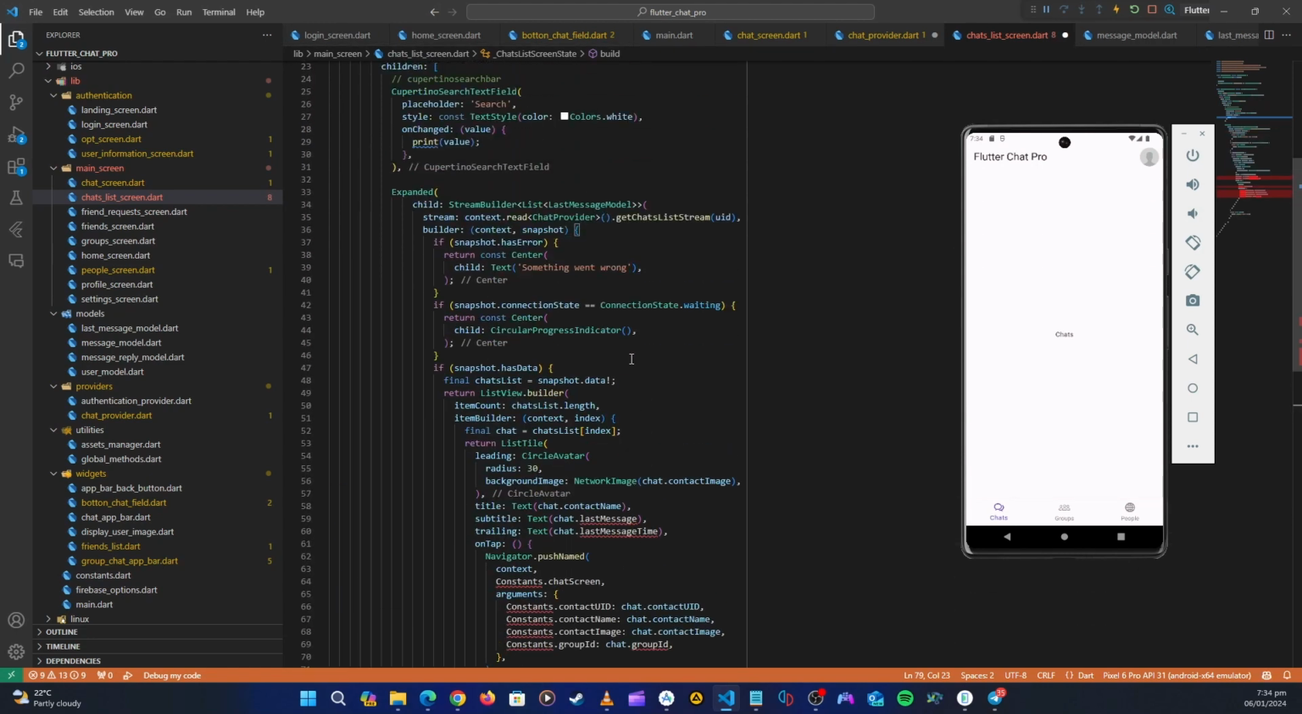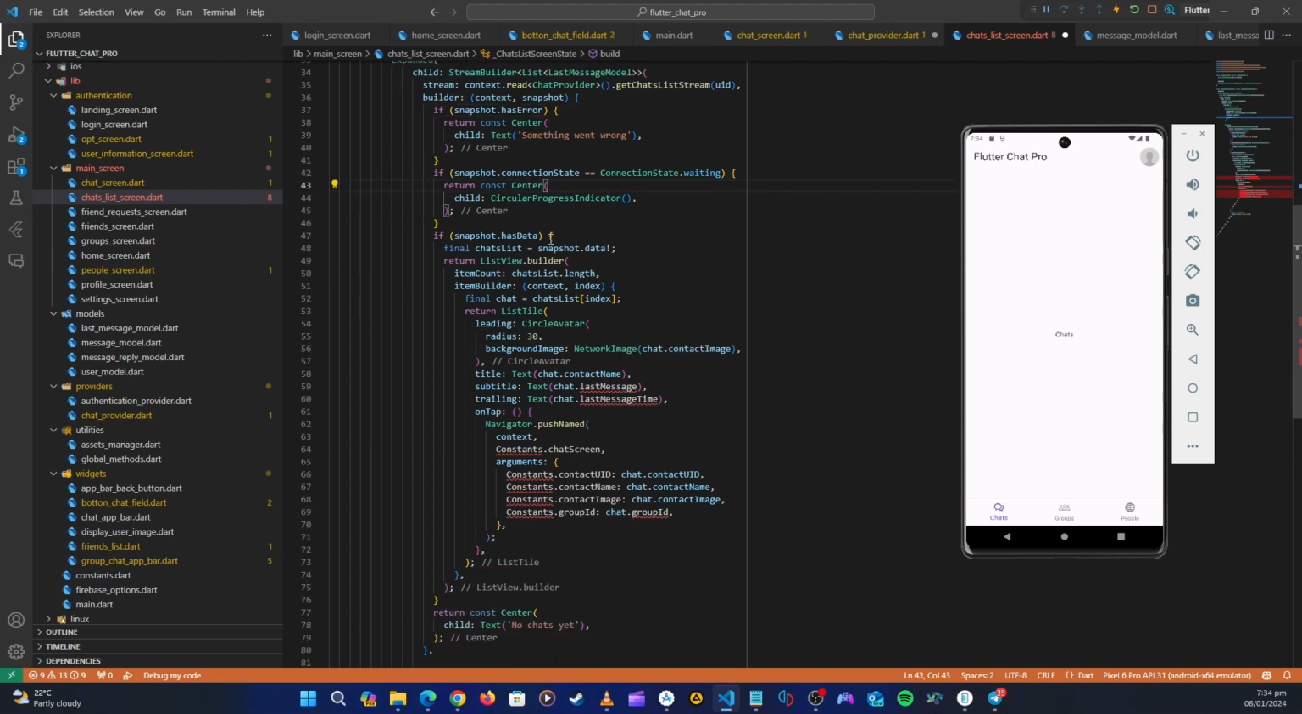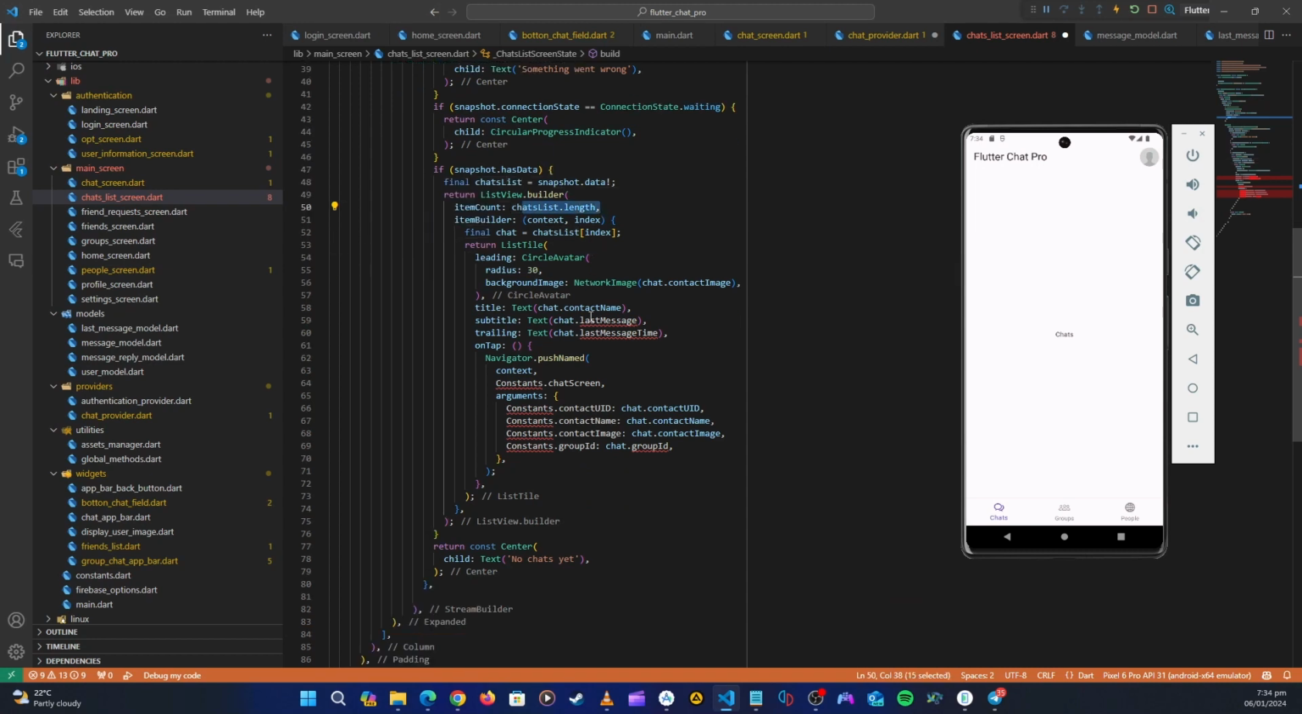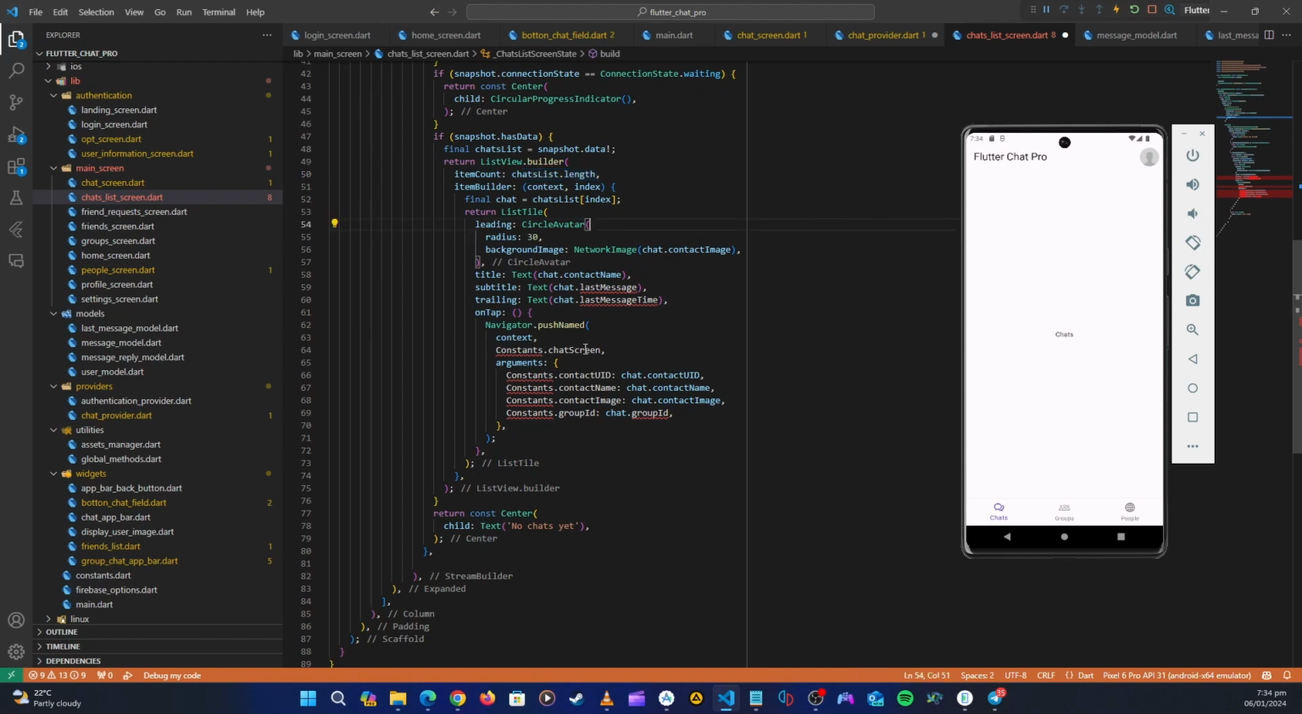So that's how we are going to get that list. We have that with some, if a snapshot that error, we have that. If it is waiting, we are going to show a circular progress dialog. If it has data, now we are going to get the chat list. Then we are going to put them.list.length, and then after we have them, we are going to get data of that list and then populate it. So here on the title, we're going to get chat.contact name, which is right, but